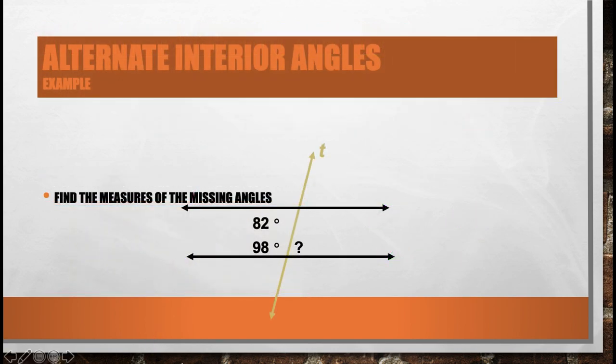Now students, this is an example of alternate interior angles. Find the missing angle. Now 82 degrees and this. There is a relation between these. Here I have put a question mark. What will be the angle here? This is also going to be 82 degrees because it is an example of alternate interior angles. It is lying on the opposite side of the transversal, and they are alternate to each other. So that is also going to be 82 degrees.